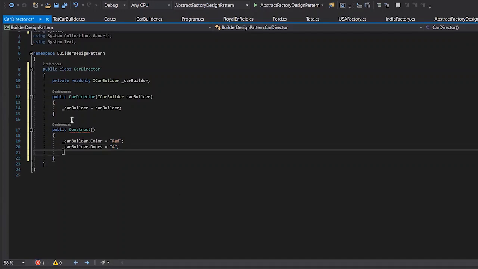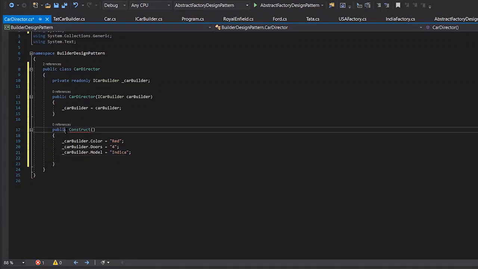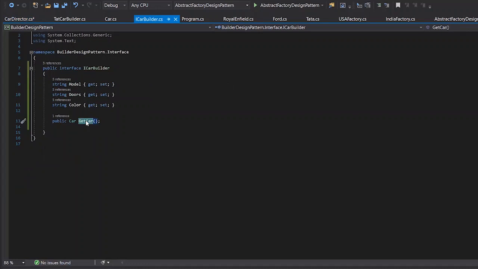Car builder dot model would be say Indica. That should be right. And finally, we need to return the car. We don't need to return the car actually. We can, because our car builder instance is having the get car method. We need to expose some part. So we exposed car builder as a part from where we will be actually getting the result.